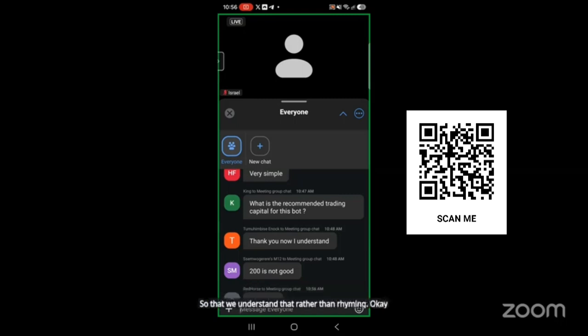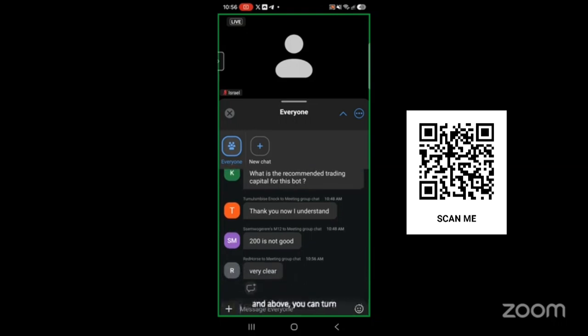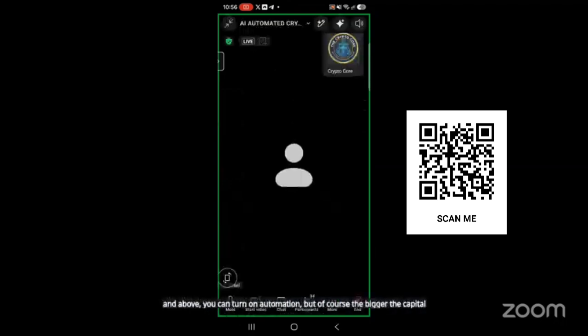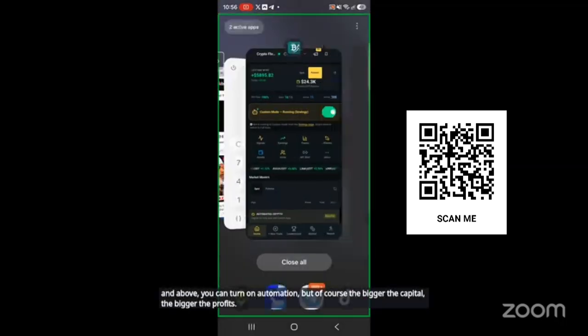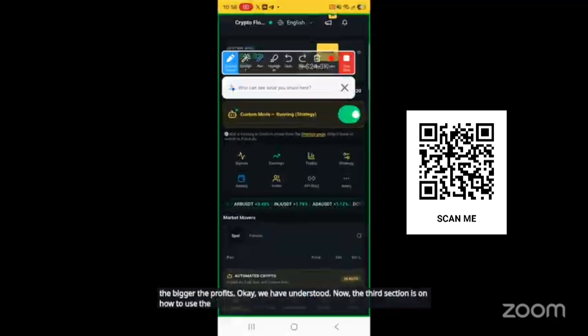Okay. What is the recommended trading capital for this bot? $50 and above, you can turn on automation. But of course, the bigger the capital, the bigger the profits. Okay, we have understood. Now, the third section is on how to use the trading signals,